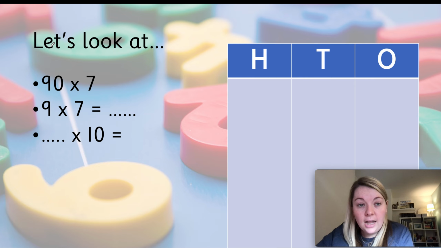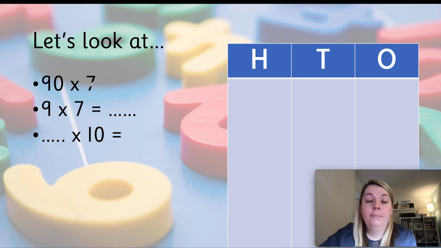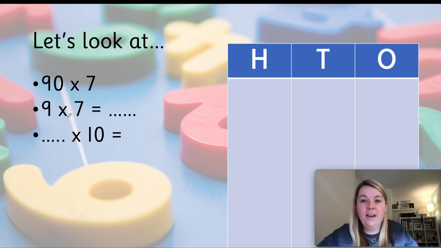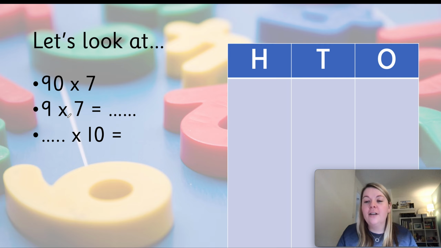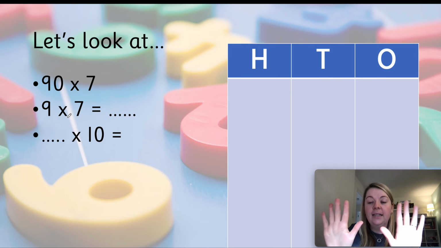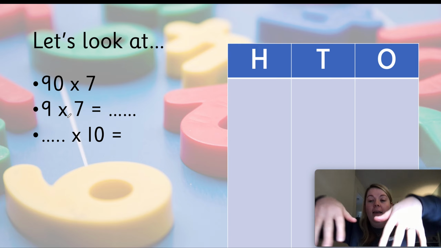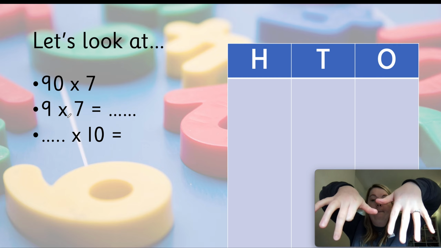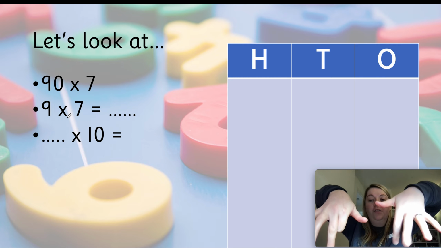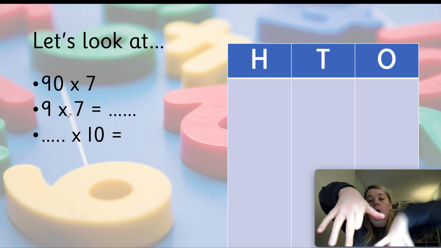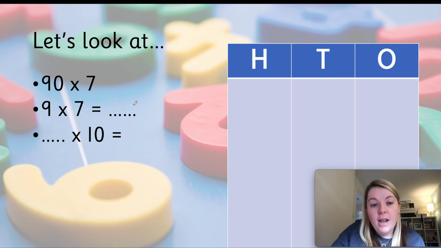So boys and girls, the last question that we're going to look at today, 90 multiplied by 7. So we've identified the times table question that we might need to help us, which is 9 times 7. I wonder if any of you are using your 9 times table finger trick that we looked at in our last video. So 9 times 7, if I put down my 7th finger, 10, 20, 30, 40, 50, 60, 1, 2, 3,